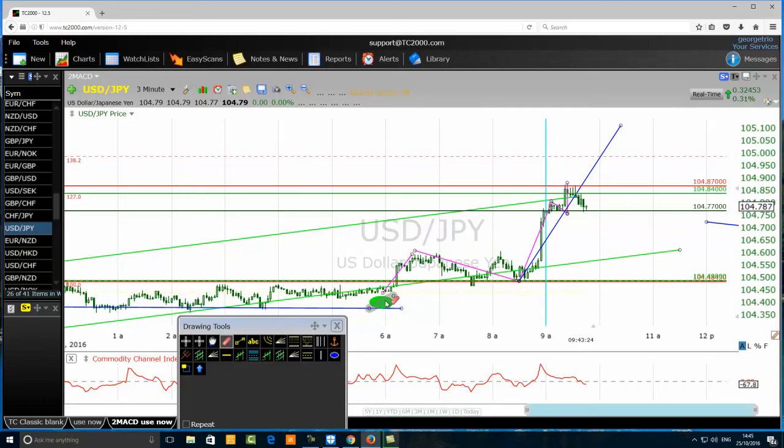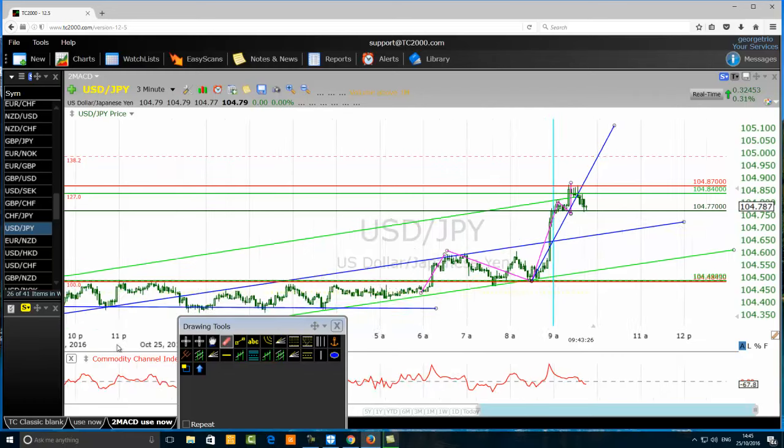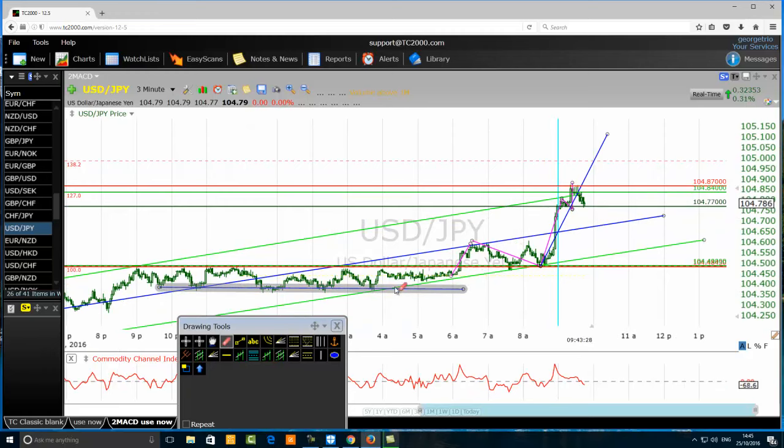So this is my wave count on a 3-minute time frame following our guideline. A consolidation was in place. Now we see a breakout on a 3-minute time frame. Price pulls back, a complex second wave. A third wave, also a complex third wave, followed by a tiny fourth wave, and a fifth wave is now